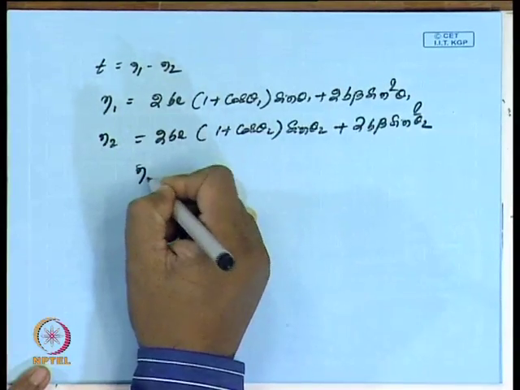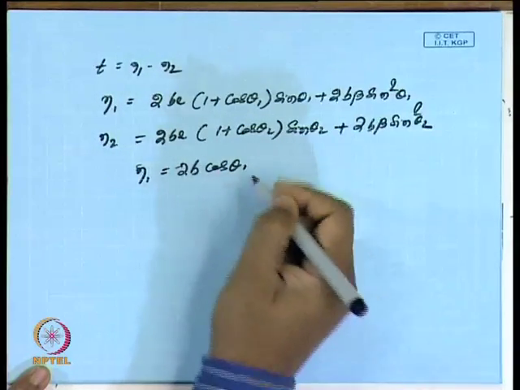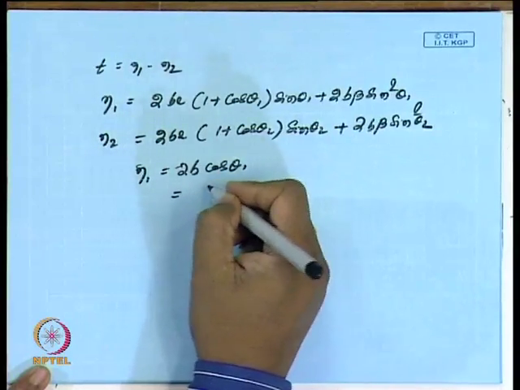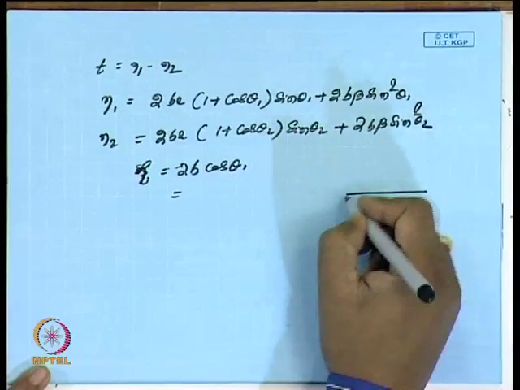But since my eta 1 is equal to 2b cos theta 1, which is the same as my xi 1, because if I look at this,